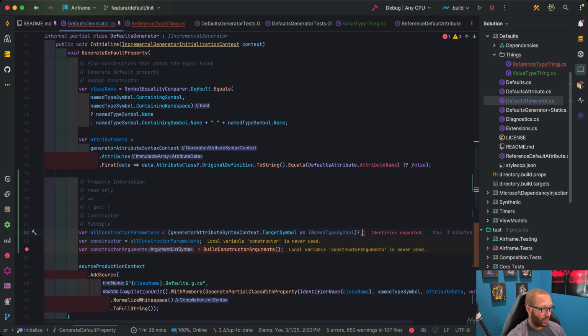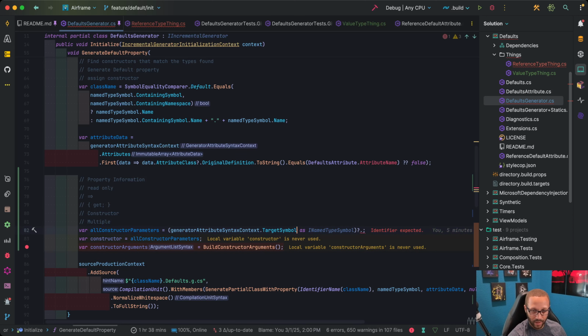Okay. So at the moment, I'm gonna have to expect it to be that way. So I'm gonna have to do dot attribute. Does that not work? That's just getting the class name. Okay, so I should be able to just do this as a name symbol for the moment, and then from there, I should be able to get the constructors,